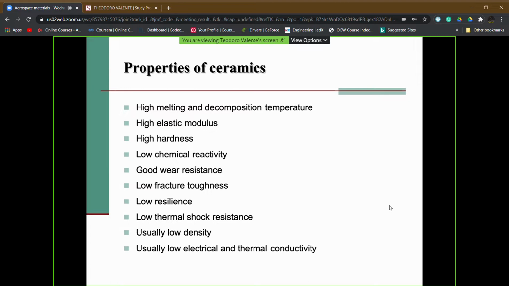Then, if we combine the insulating properties, that is, they are not thermally conductive materials, generally speaking, if compared to metallic materials, with the poor resistance to tensile loads, we can expect, and this is true, that from a structural point of view, we have